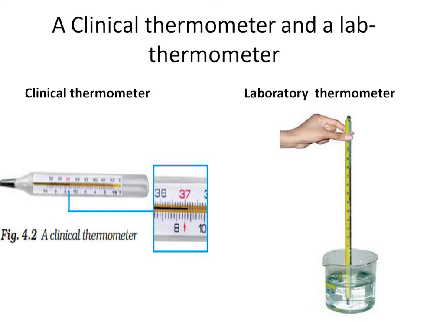Then what is temperature? What is temperature? It is the hotness or coldness of a body. How much hot it is. To measure the hotness or coldness, we use a thermometer. So if we want to measure the temperature of a body, the thermometer should be suitable for that. So we use a clinical thermometer to measure our body temperature, and that should be calibrated according to our body temperature.